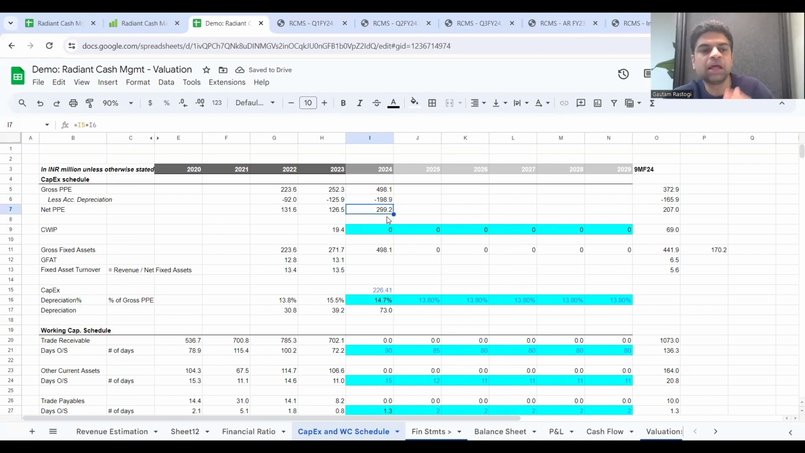All right. CWIP I'm assuming कि वो zero है. Nuances में नहीं जाते हैं, क्योंकि वो any which way that gets added to the PPE. All right, तो अब